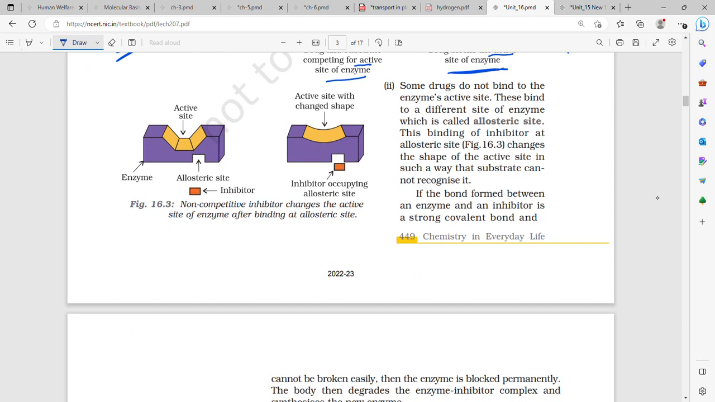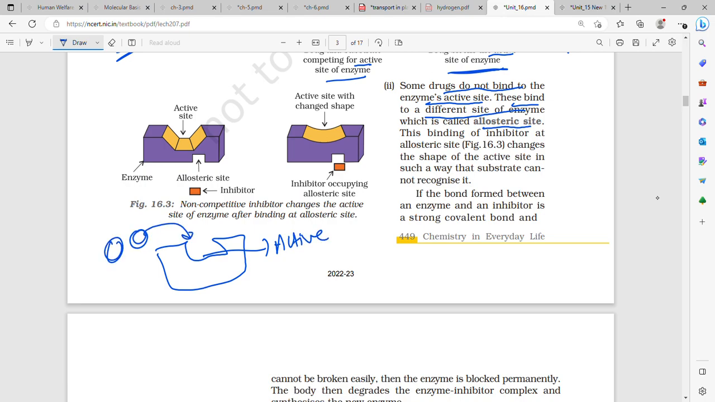Now some drugs do not bind to the enzyme's active site. They bind to a different site of the enzyme, and this is called the allosteric site. So if this is our enzyme, then here is the active site. So in competitive inhibition, the substrate and the drug, both of them were competitively trying to attach themselves to the active site. But